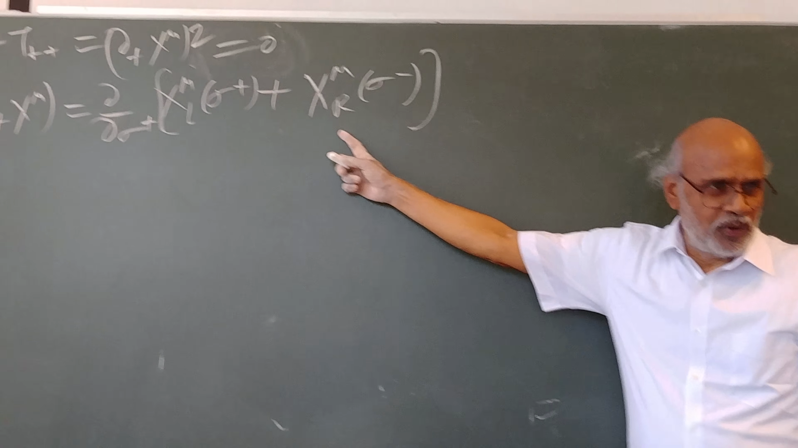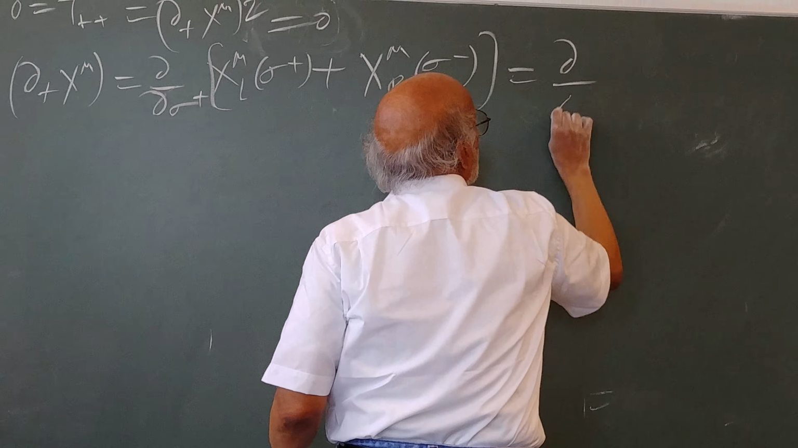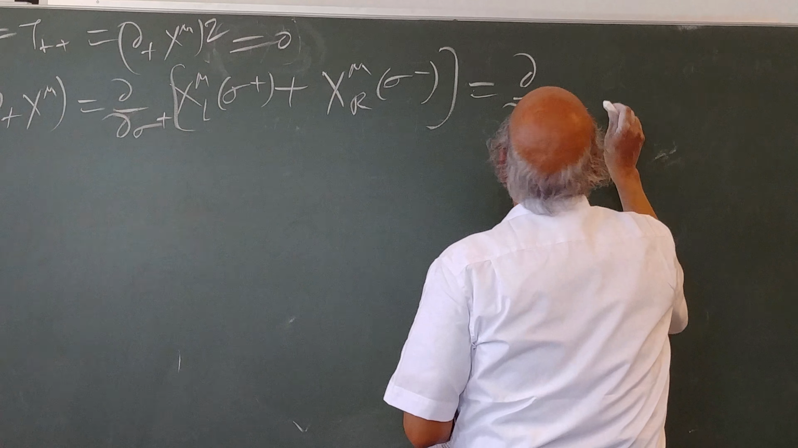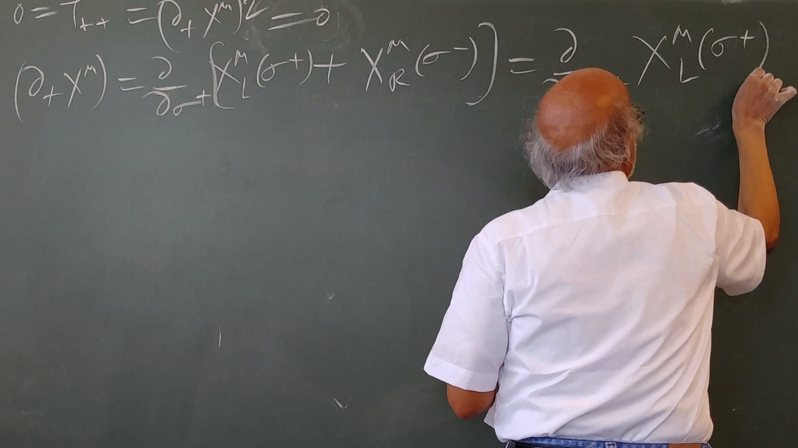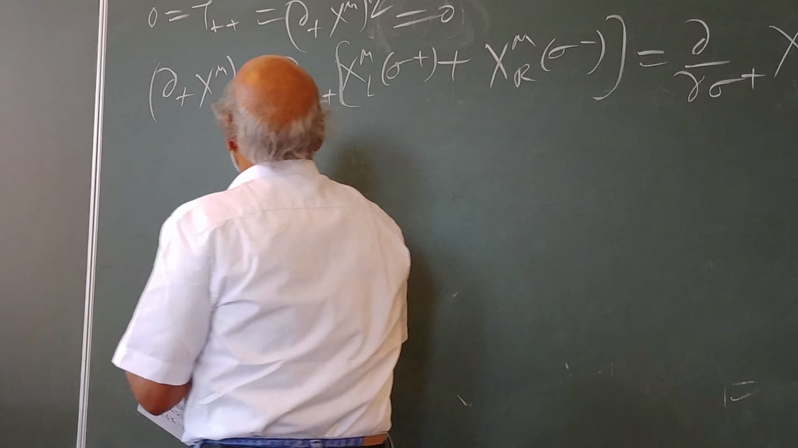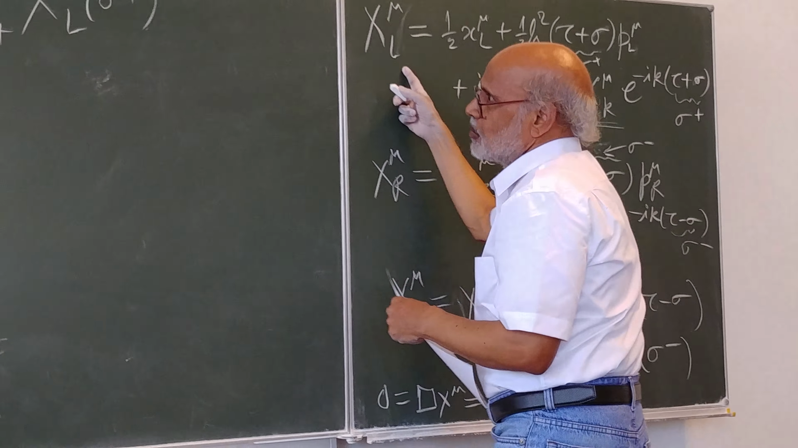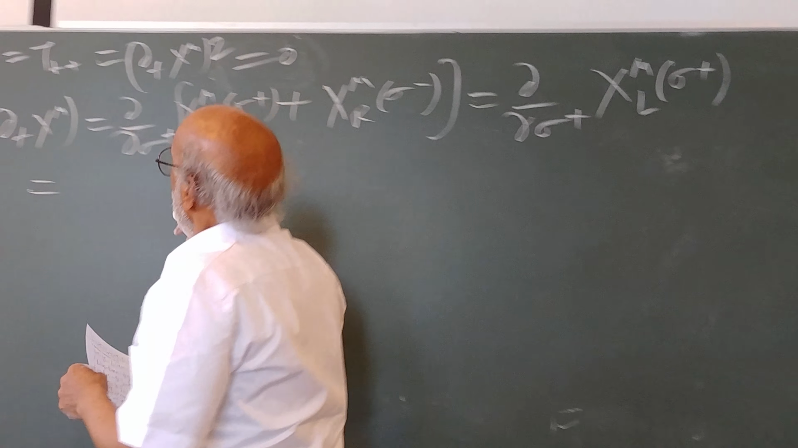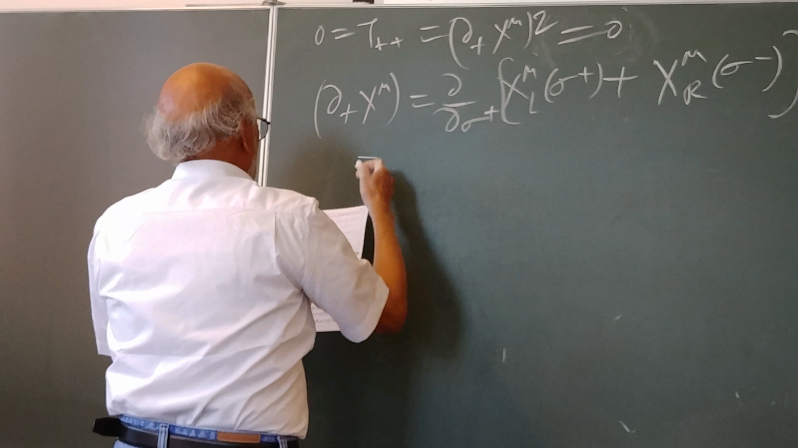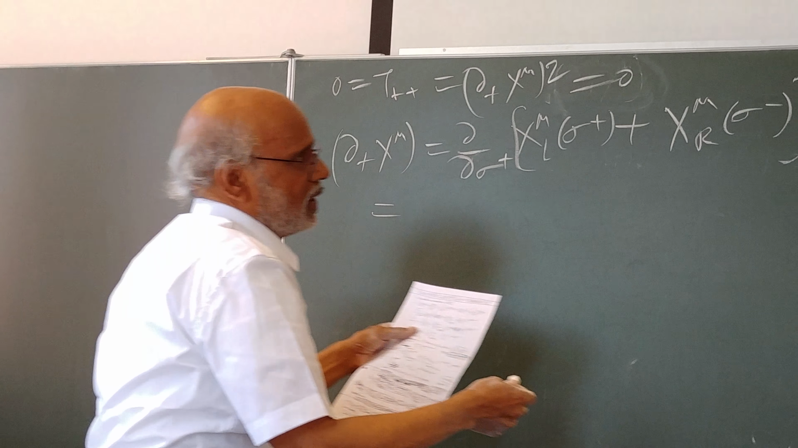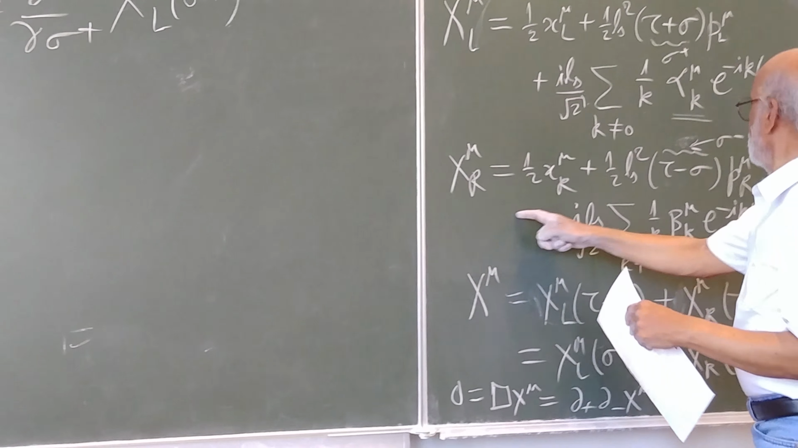This derivative would simply be 0. It would be only this one, del sigma plus x mu L. This is a function of this. So we have our definitions here, x mu L. Okay, I have written both of them together. Anyway, we have x mu L here and x mu R here,